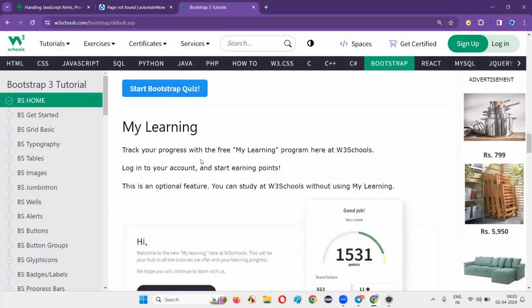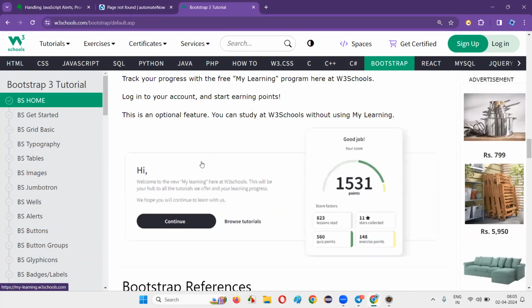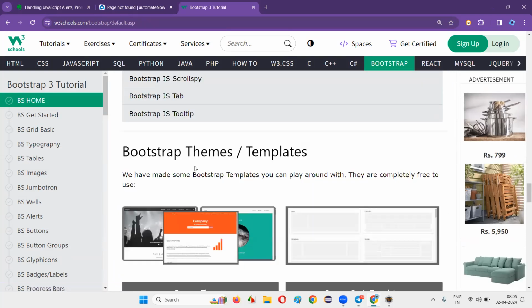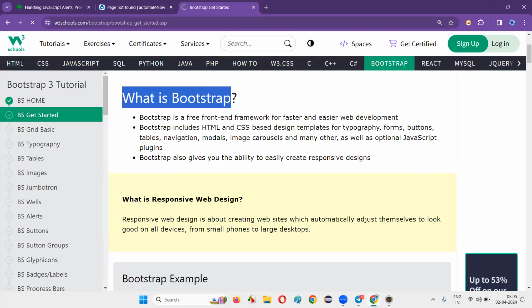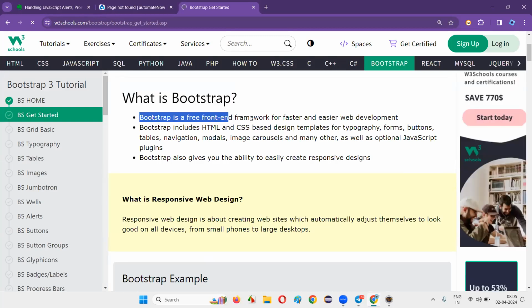Are there any other things here? No, we'll click on next. So Get Started also has some information. What is Bootstrap? You have to understand. Bootstrap is a free front-end framework for faster and easier web development. Okay, so if you don't use a framework, developers have to break their heads developing applications. It will take them a lot of time. If they use a Bootstrap framework, a lot of templates will be readily available, and with the templates, web development can be done faster compared to hard coding the HTML